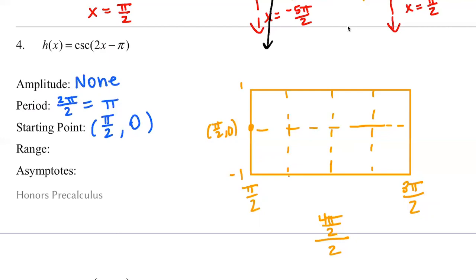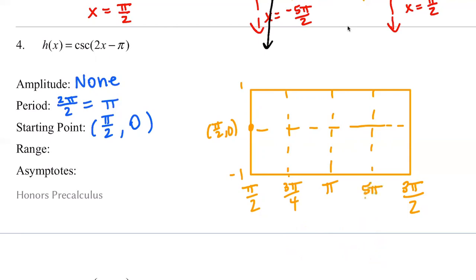That would get us pi. If I want to find this midpoint, I take pi over 2 plus pi to get 3 pi over 2, cut that in half for our midpoint to get 3 pi over 4. Add these two together to get 5 pi over 2, divided by 2 to get the midpoint, we have 5